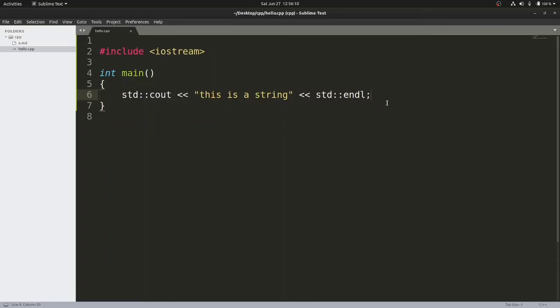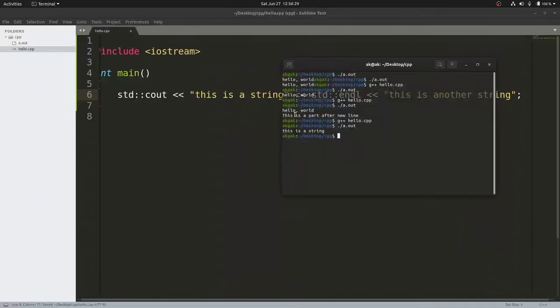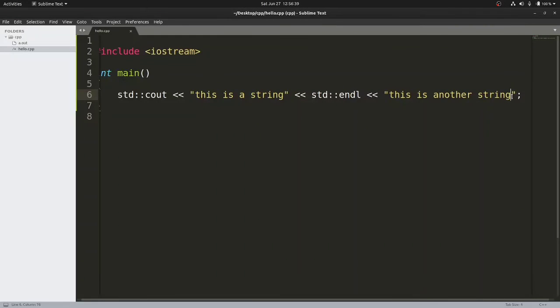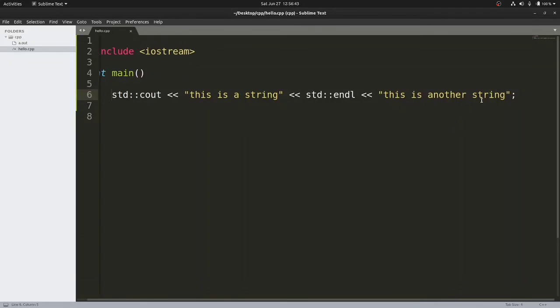And here again, if you want to attach some more strings, then in the same line you can put the insertion operator again and write, this is another string. You can keep on attaching strings as much as you want. If I recompile it and run it, you will see this is another string. Now this green color text does not go to the next line because I have not provided the \n character, right? I hope that these points are clear.